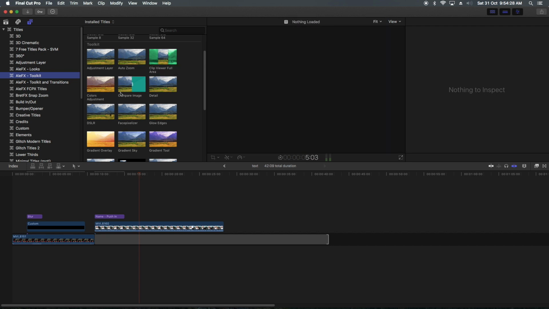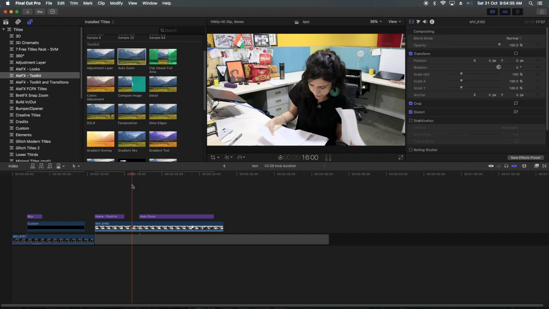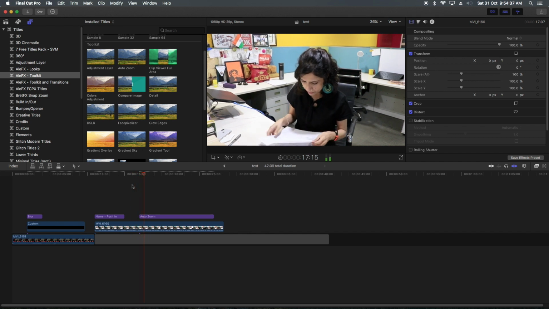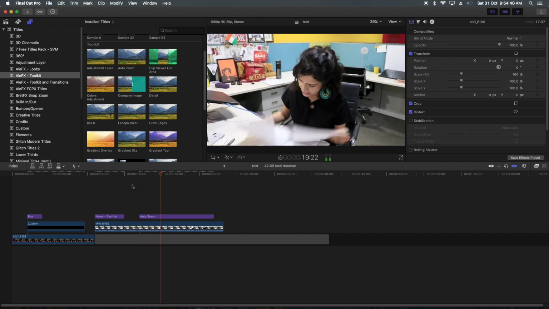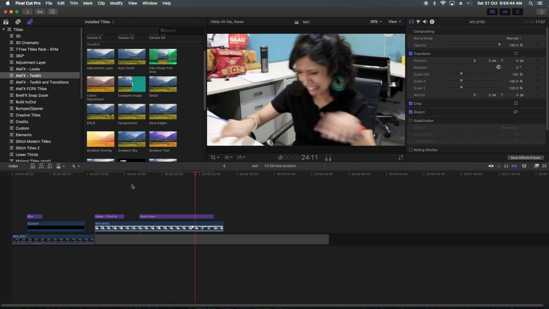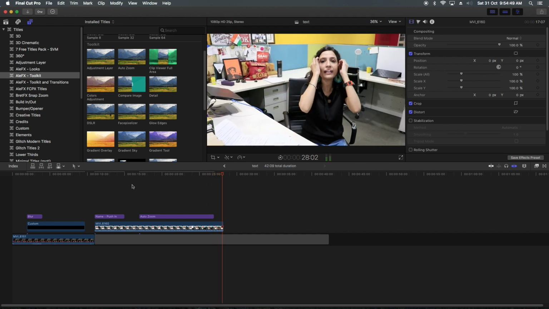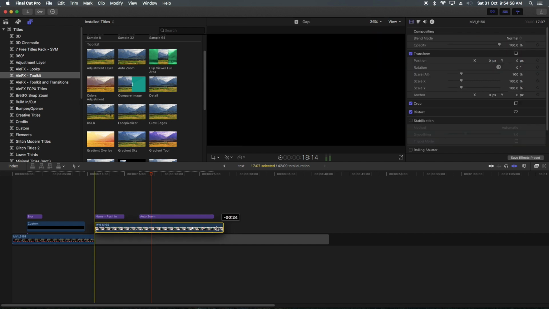As with our adjustment layer, there is another thing: if I want an infinity zoom, what this will do is zoom till this layer is available. It will zoom the footage, and I can even change the shot behind this zoom.